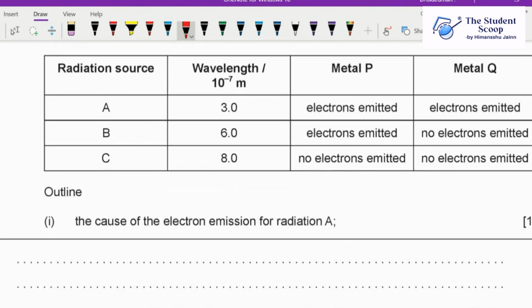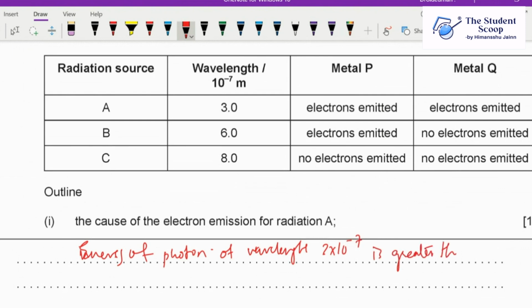In this case, what is the cause of electron emission for radiation? You can say that for this radiation, the energy given is greater than the work function, the energy required for the electron to jump out of the metal surface. So what we can say is that the energy of a photon of wavelength 3 into 10 raised to minus 7 is greater than the minimum energy of the metal P,